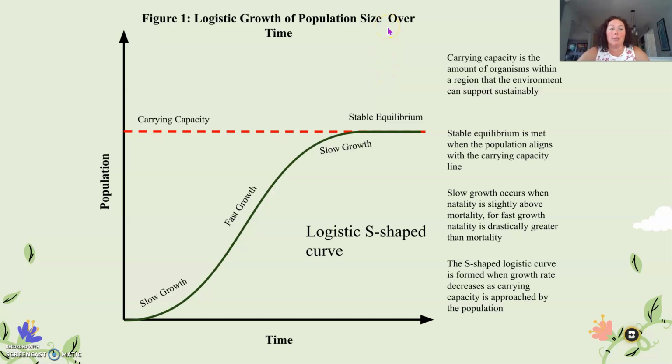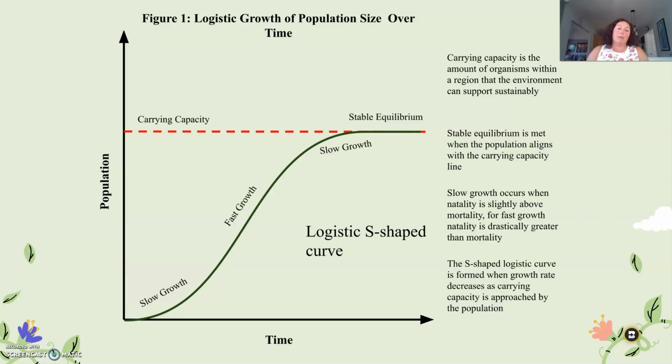start running out of resources. And when the sheep start running out of resources, they're going to start dying off. Then the sheep population is going to dip down below this carrying capacity. The ecosystem will stabilize. So the resources will rebound, the food that they eat, the water, all of those things will rebound. And then the sheep population will go back up to that carrying capacity. Most organisms hover around the carrying capacity, and there are some organisms that overshoot the carrying capacity, meaning they go way above the carrying capacity and then they drop back down.